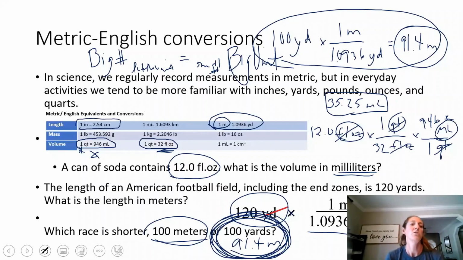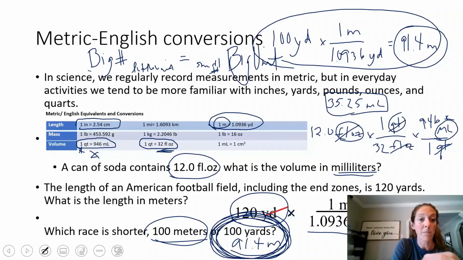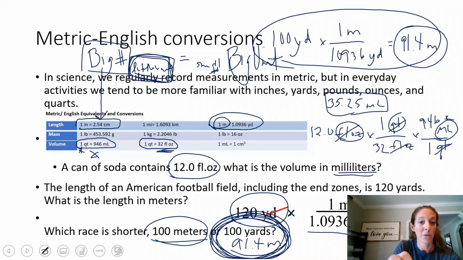If I said, which unit is bigger, inches or centimeters? Well, we can look at which one is my bigger number. Is 1 bigger or is 2.54 bigger? 2.54 is bigger, right? So centimeters would be a littler unit. My 1 inch, 1 is smaller than 2.54, so that smaller number would be my 1, which means it's a